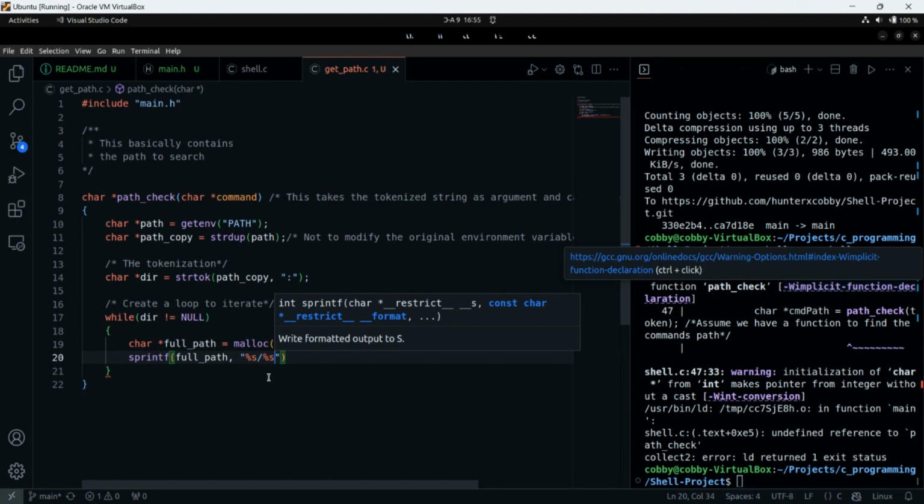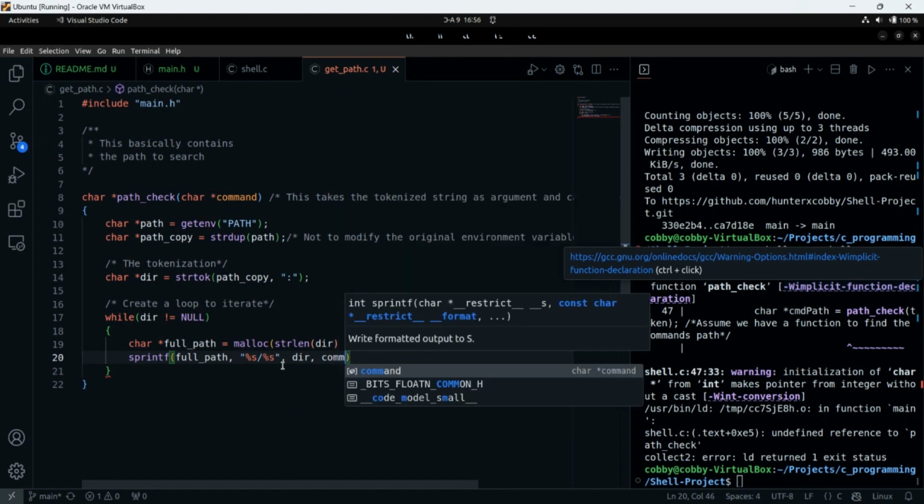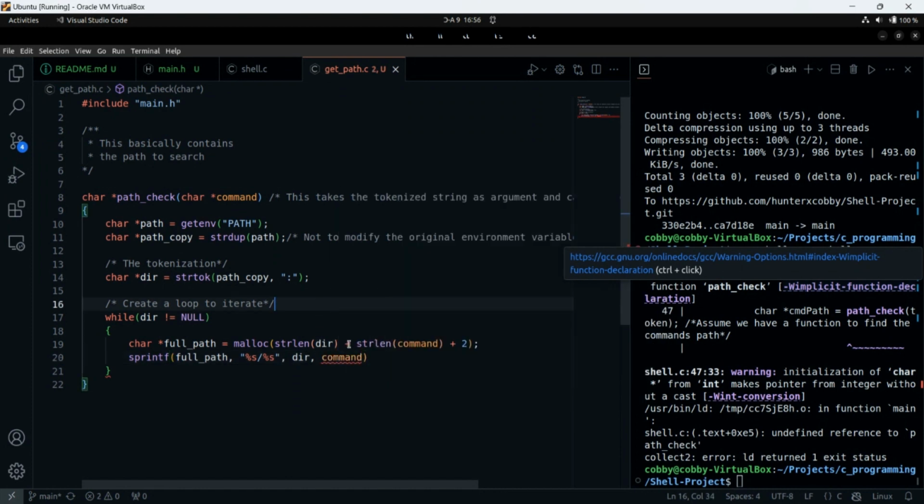So we want to have something like this. This is the directory, and this is the command. There are actually two strings, the command and the directory, and this is how we want to separate them. The directory goes here as the first string, and the command goes here as the second string. These two make up the full path. Good. So I think we are good to go.